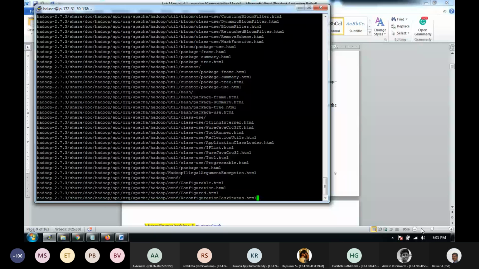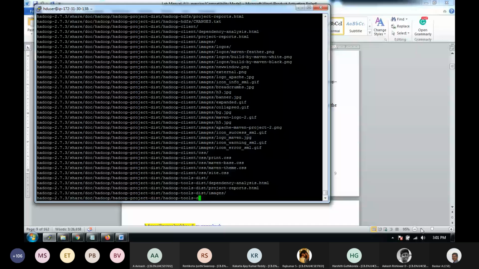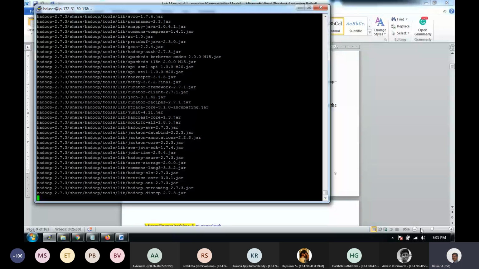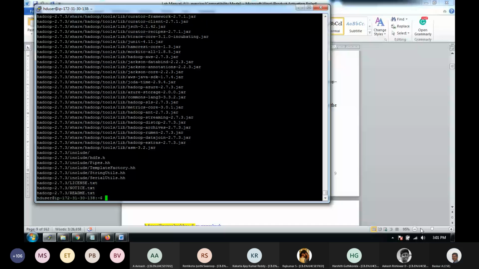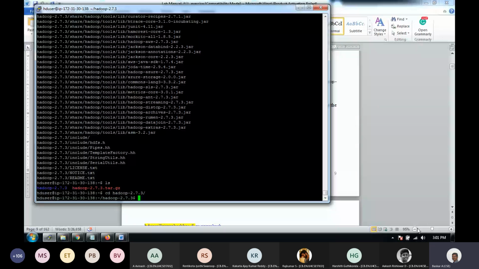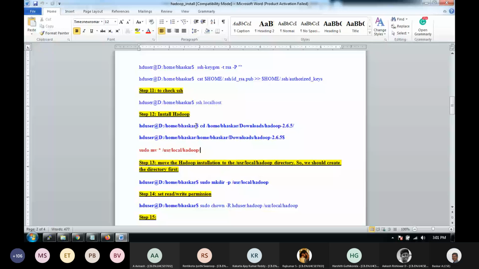Okay, this is done. Now your folder is ready, and I'm moving to the folder called Hadoop 7.3. Okay, done. Now I'm just going to move the entire thing with sudo move. Yes, this is correct. Sudo move to the